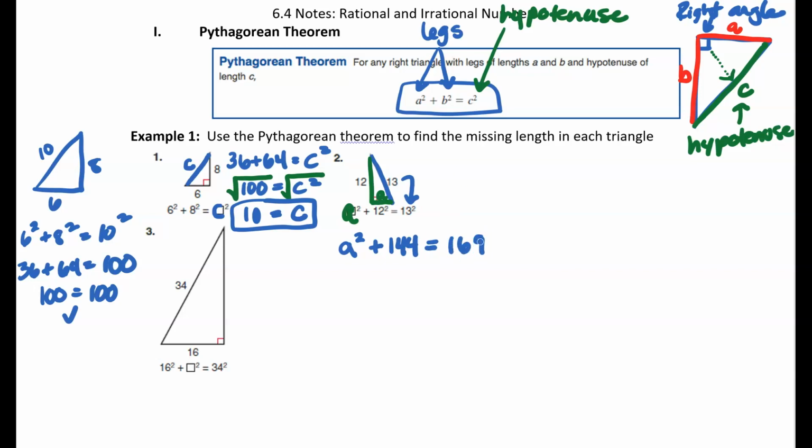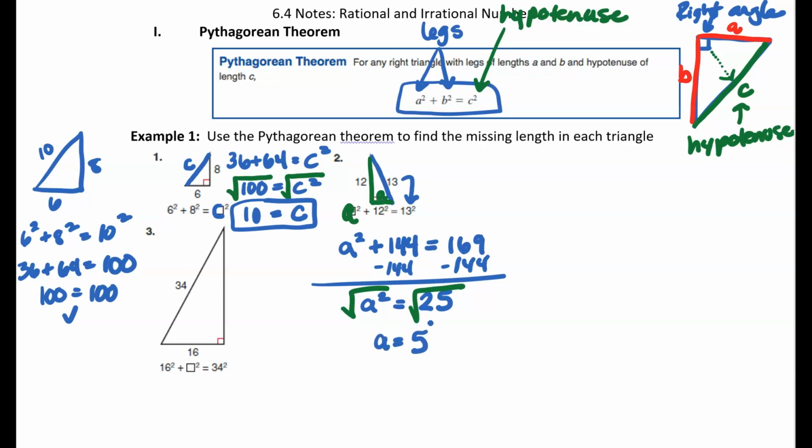Now this one's a little bit different than the last one because our unknown has a number with it on that side. So we're going to subtract 144 from both sides so we can get the a squared all by itself. And then 169 minus 144 is 25. And then just like before, we're going to take the square root of both sides to undo that squared. So the square root of a squared is a,